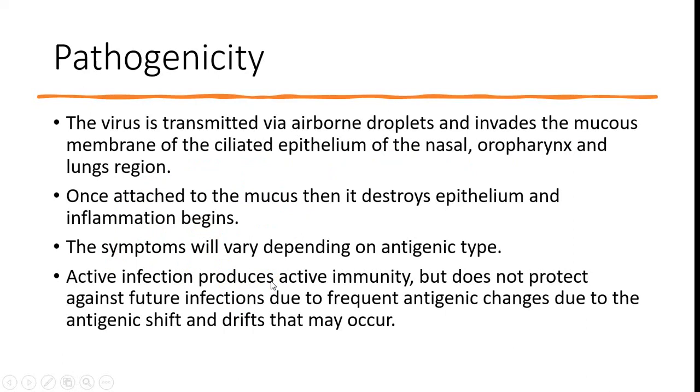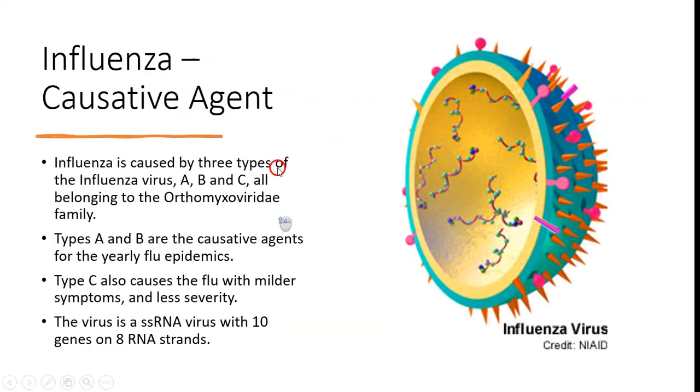Now, one of the things that's going to lead to its virulence factor is the fact that the flu is unique in that it has an adaptive process by which it can change the way it looks. So, think about how antigens work in that host immune response. An antigen, a foreign substance, comes into the body. The body is going to recognize that it's foreign. It's going to mount an immune response. And remember how that immune response goes. It sends some of the cells out to fight the infection immediately, and then some of them stay behind